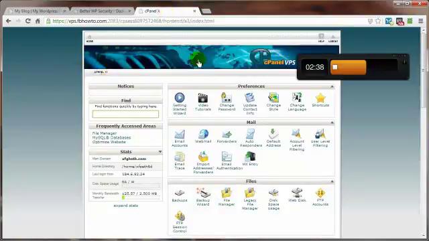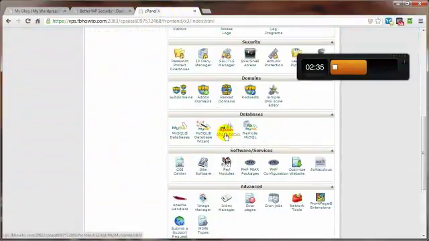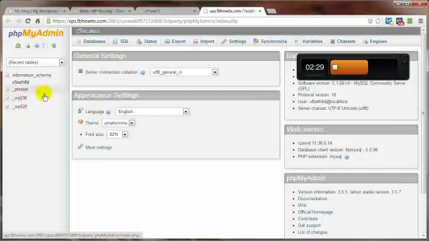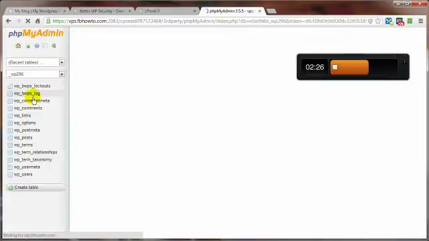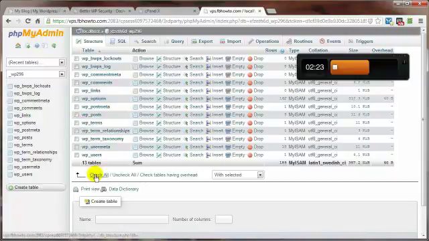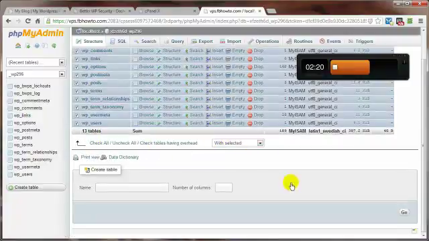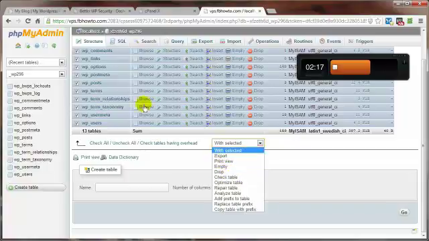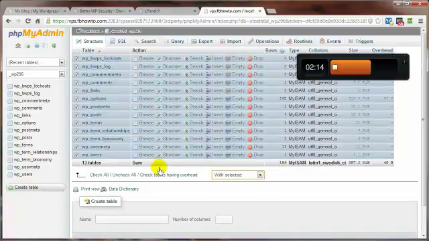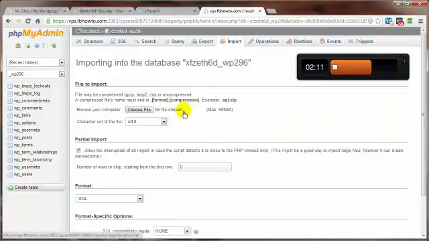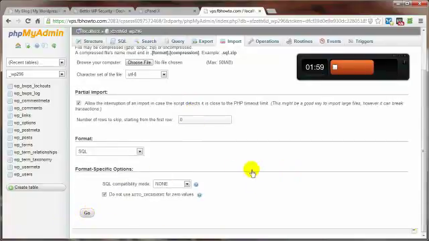You want to log into your cPanel control panel. Come on down to the phpMyAdmin, and you want to make sure you're getting into the proper database, and at this point you want to check all and go over here to with selected, click on drop. That's going to delete all of these guys. And once you do that, then you come on up here to import, navigate to the location of that database, not the entire file zip, but the database that you downloaded earlier, and then upload that. Click on go, and then that will replace all of these tables here,